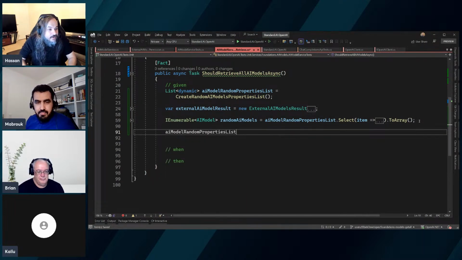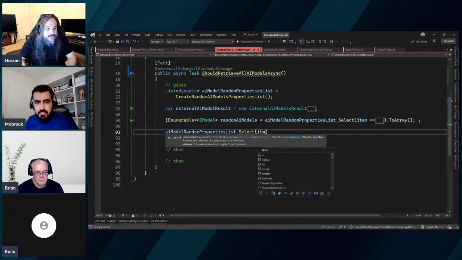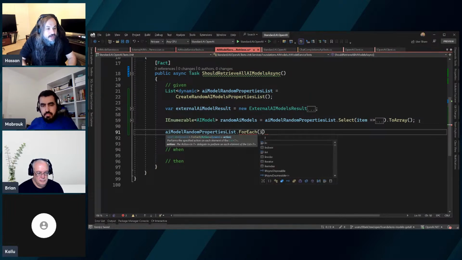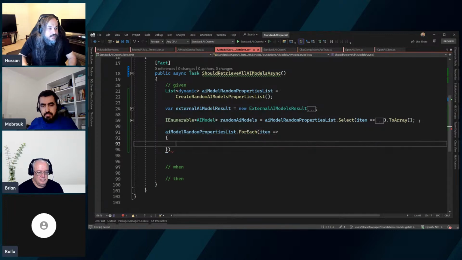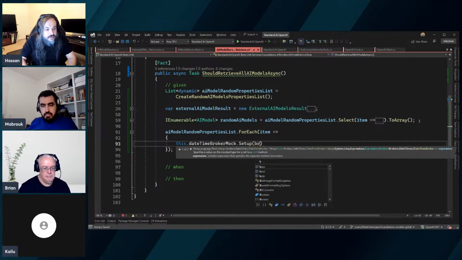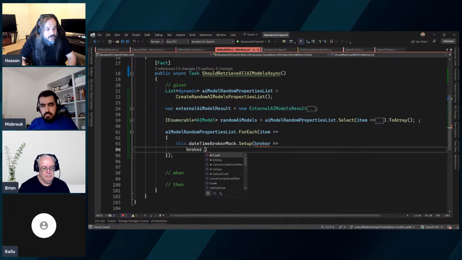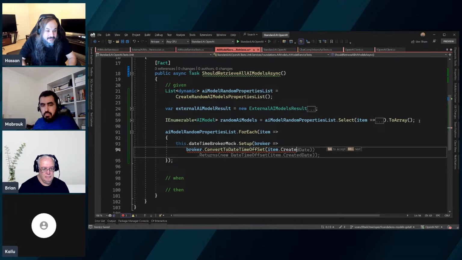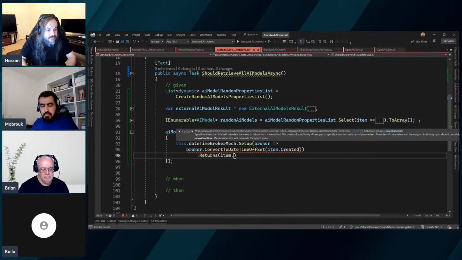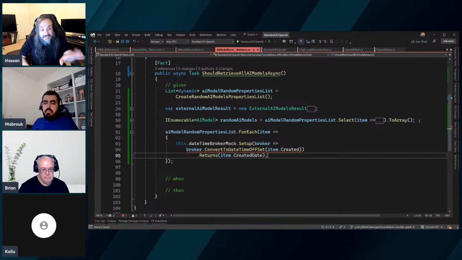AI model random properties list dot select. And here's my item. It's not gonna be select actually, it's gonna be for each. Right? And here is my item. We need to find a better name than an item, by the way. And inside that guy, there will be another iteration. So what I'm basically saying here is that this dot mock and my datetime mock setup, here's my broker. And then we have convert to datetime offset. And that's where it gets interesting because I want the item dot created to return item dot created date on that level,